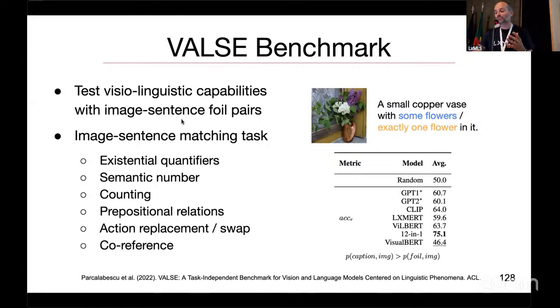But the model that performed best was a variant of ViLBERT called 12-in-1, which was multitask pre-trained. And this is an argument that's been made repeatedly throughout the literature that pre-training on many different tasks gives your model fewer, more useful representations that can be accessible to all of those tasks. And so it ought to be better when you want to apply it to new problems or to new understanding